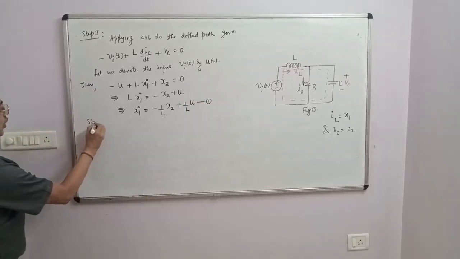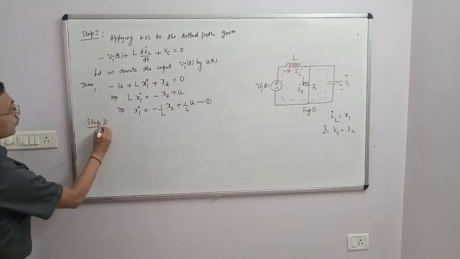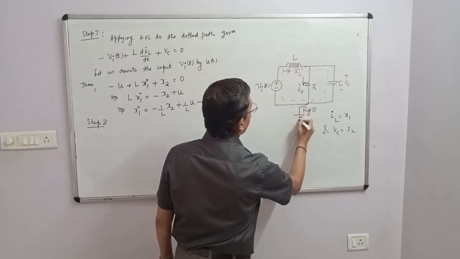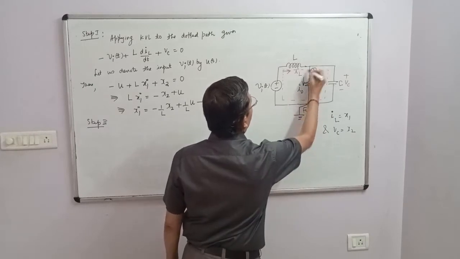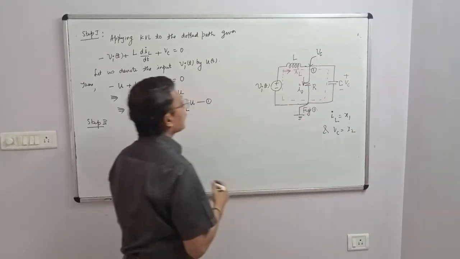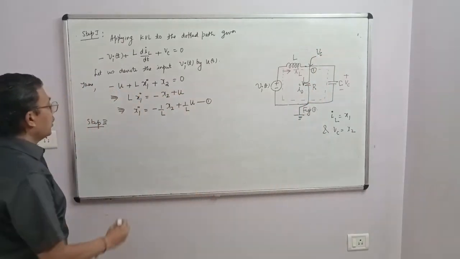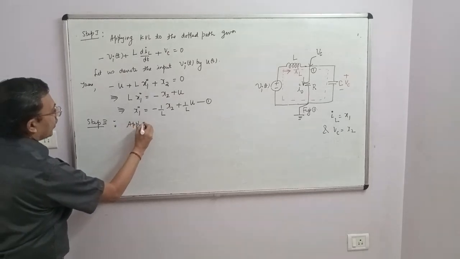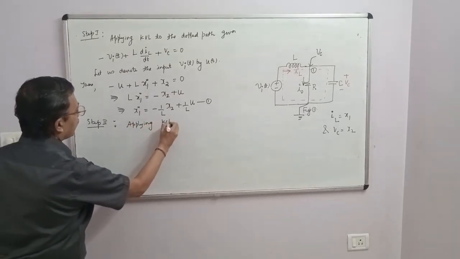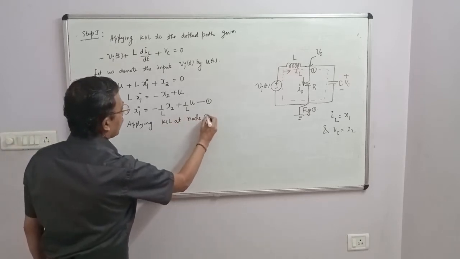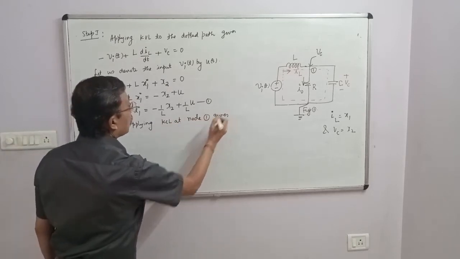Second, step number 2. I will treat this as the reference node. This I call node 1. Potential of node 1 is Vc. Applying KCL at node 1 gives